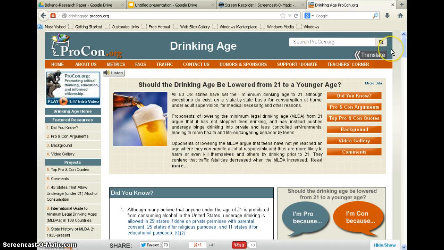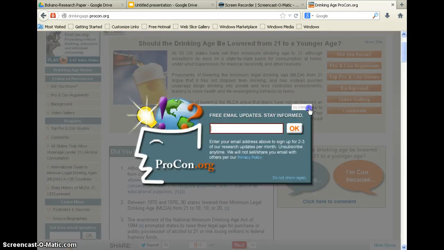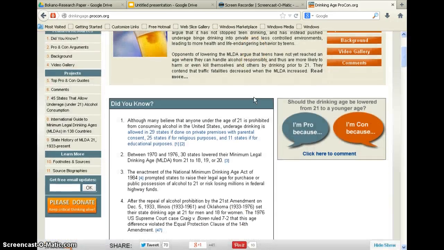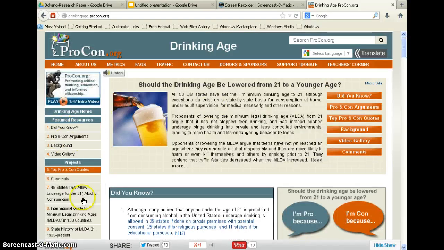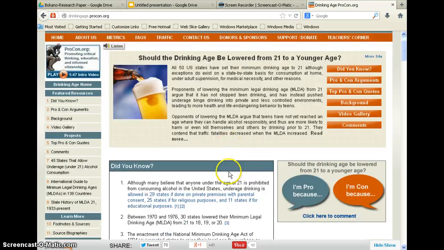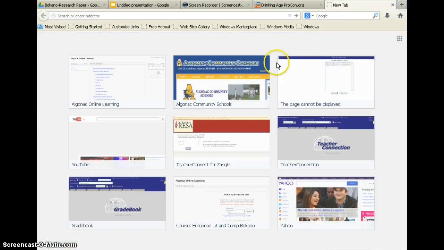So I go through this source, and obviously you're going to have to read it a little bit, look around to see if it is a good source and something that you can use with some different information on it. Okay? I'm not saying whether or not this is a good source, however, it's got a lot of things that you can click on, and it has a lot of facts and statistics. So I say, okay, this is a good source I'd like to use. I'm going to copy the URL. I'm going to go to